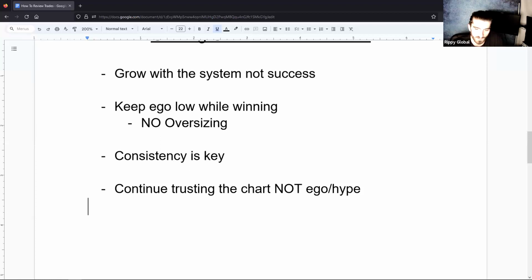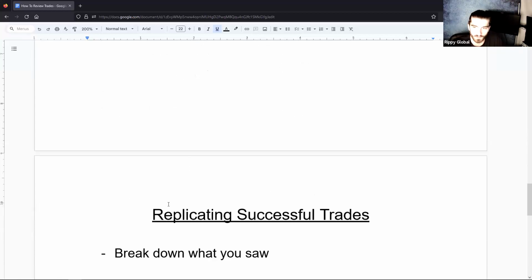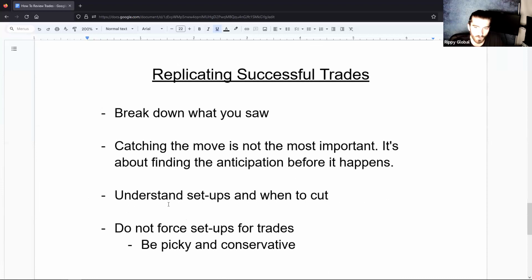I just want to do this instead. Being in a position, if you size heavy, you're going to have high emotions. If you are able to size to a point where you don't have emotions during the trade, you're down 30%, you don't even care. Maybe you don't even know what you're down because you're not watching your P&L, you're just watching the chart. When you get to that point, that's when trading starts to thrive for you because you're not overconfident. You're not thinking that you're too good for the system, so you're going to hold longer.